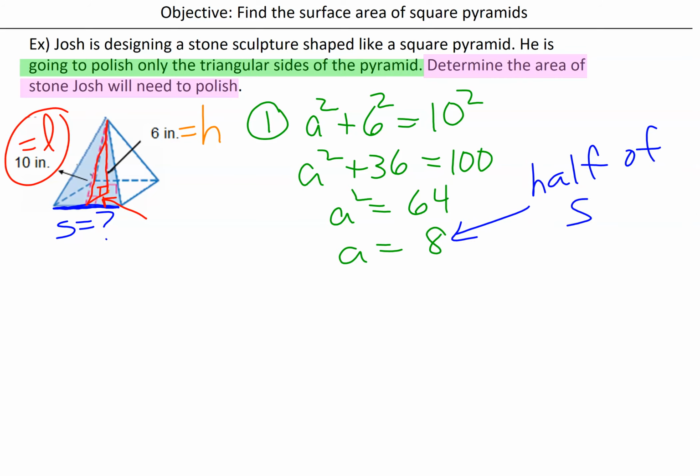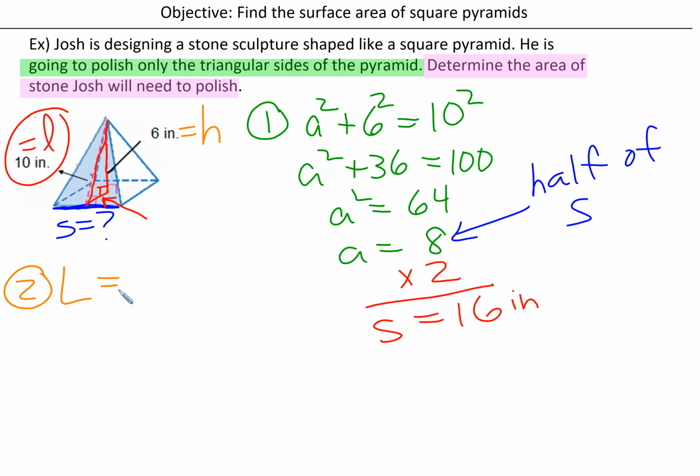So now we're going to take this times 2. And that will give us S, which will be then 16. And the units on that 16 will be the same units as our other 2 measurements, which will be inches. So now that we know S, we can now find our lateral area, capital L, and that would be